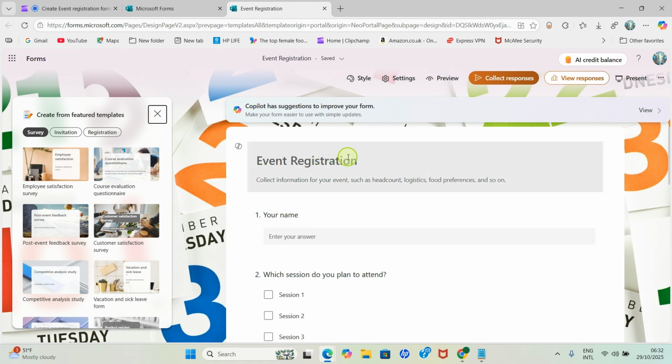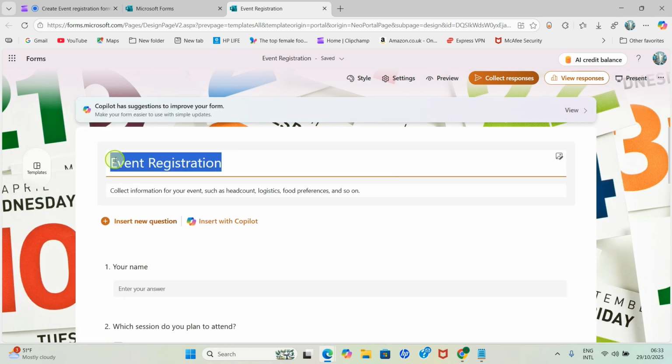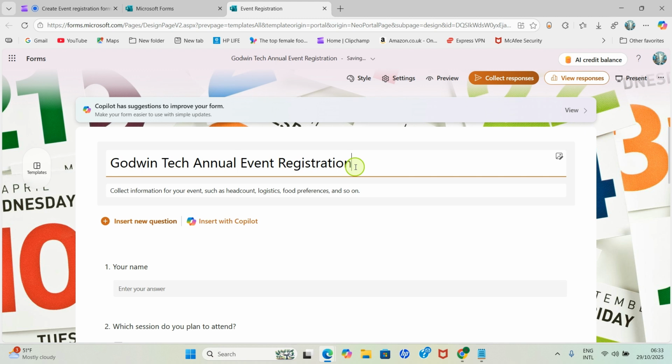So the next step you need to take is to start customizing it based on what you want. First, let's work on this heading. So I'll click here and customize it the way you want it. Let's call this Godwin Tech Annual Event Registration form. Okay, let's say that I want to hold an annual event whereby we talk about technology